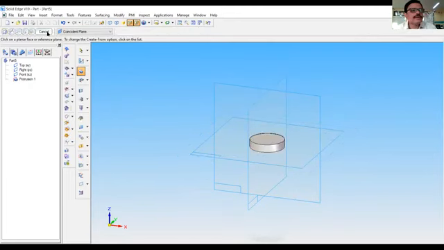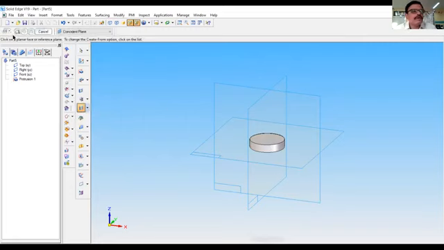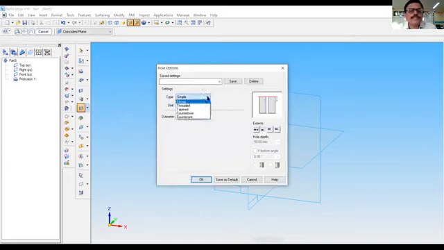Click on finish, cancel. Now there is a countersink hole that we will do here. So it is there in the hole option. Hole option is here. Hole options dialog box. It is here. It is a countersink hole.